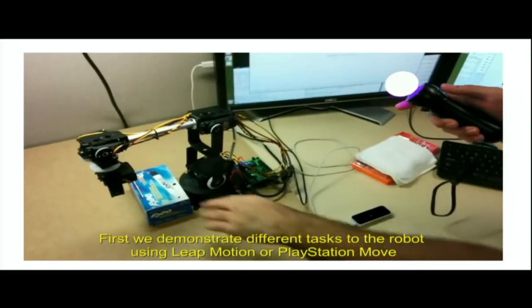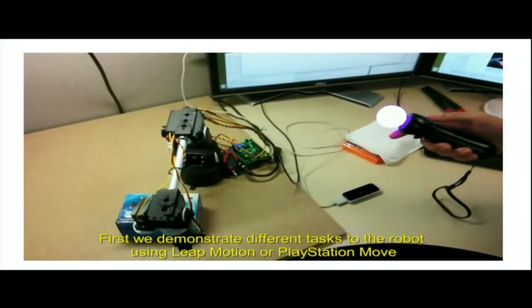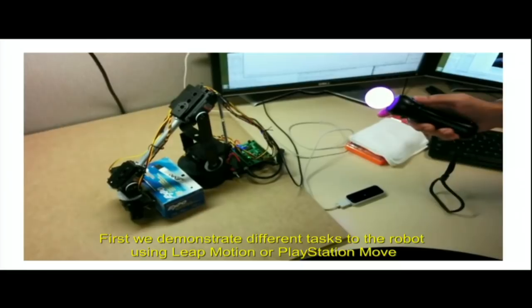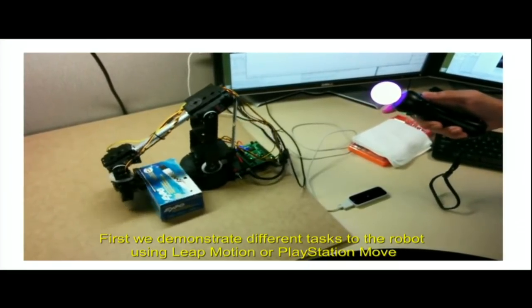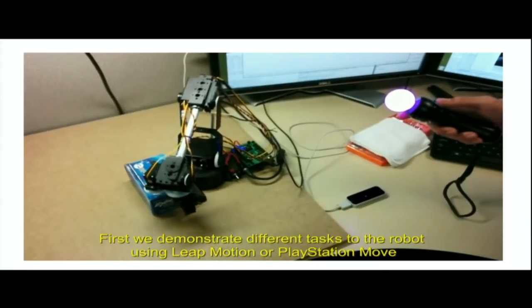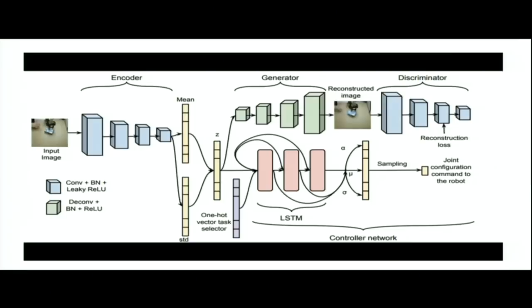Here's a video of this thing in action. One of the things I really like about this video is that this is a very low-cost setup. So the robot is like $300. The game controller is about $100. So this is something that a lot of people might be able to get to play around with this kind of stuff. So here you can see he's just demonstrating the behavior.